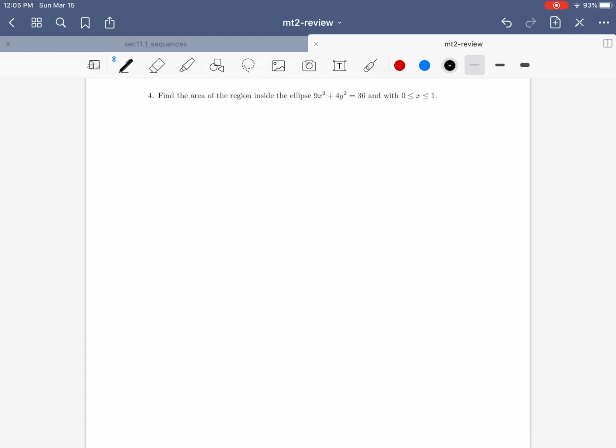Okay. So first thing we're going to do here, let's draw our shape. So our shape is an ellipse. And if you notice here,